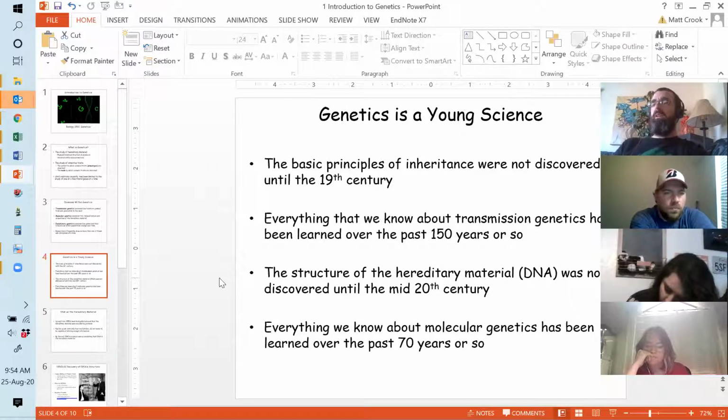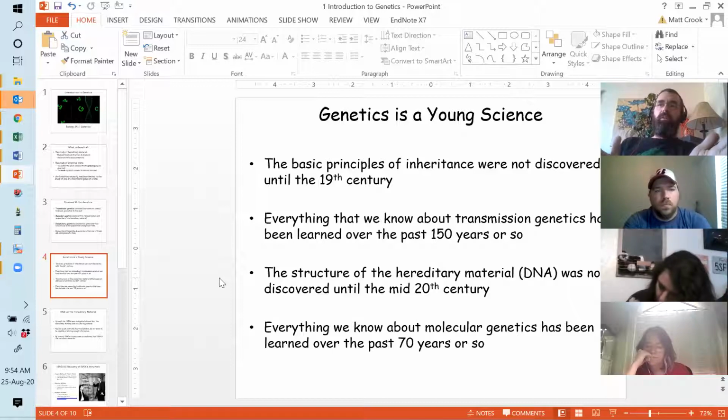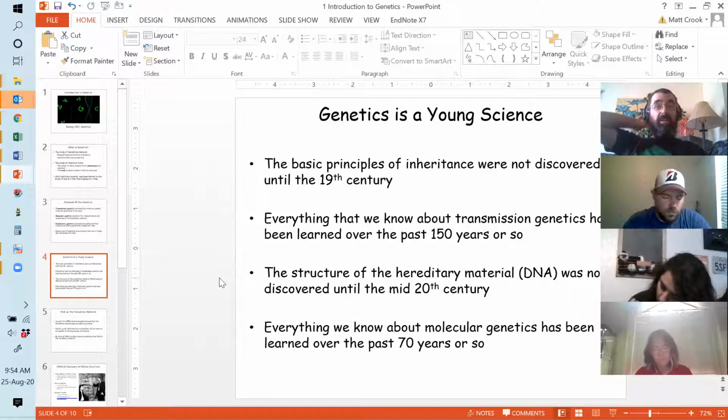We knew that DNA replication was semi-conservative, right? So we knew all of this stuff, but we still didn't actually know what the structure of DNA was until the middle of the 20th century, right? So really everything in terms of molecular genetics has been in the last 70 years. And really, truly, to be honest, molecular genetics has really been only in the last 40 years within my lifetime, right? And that was from the